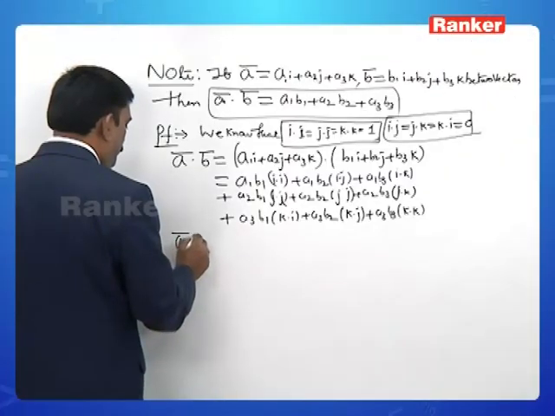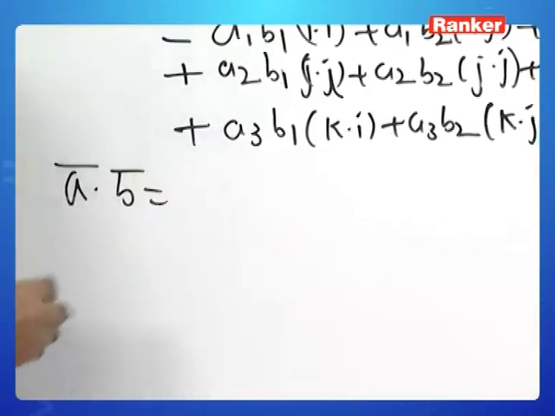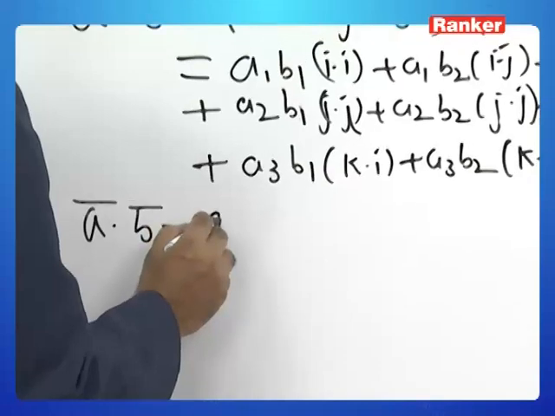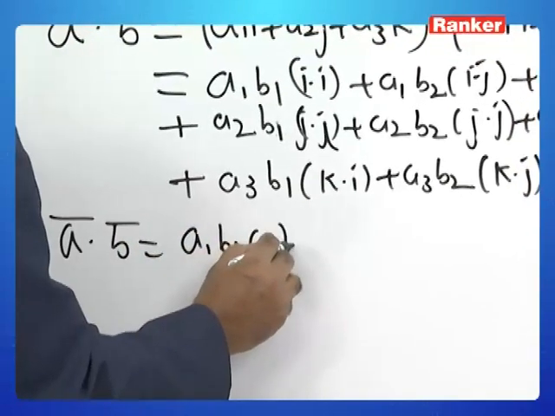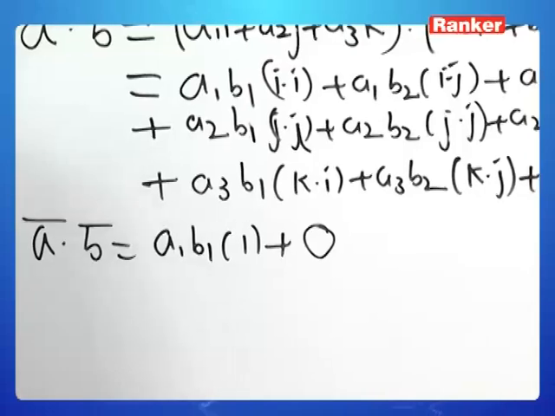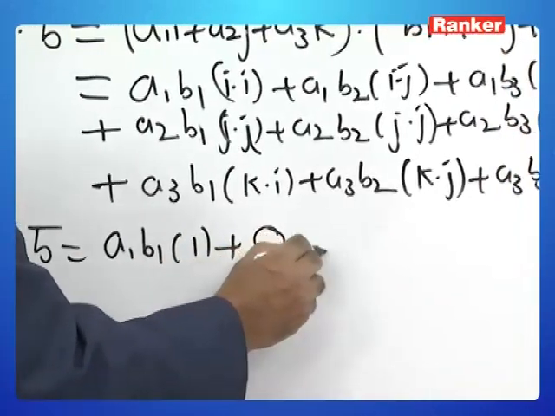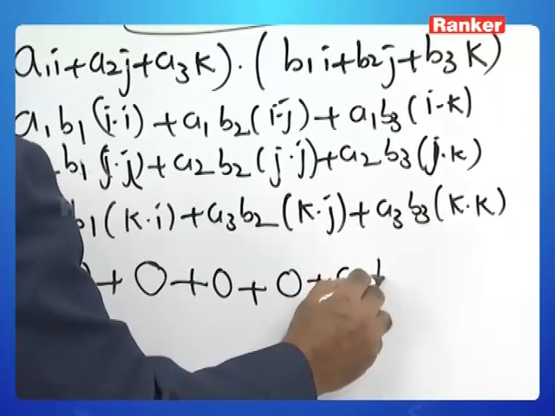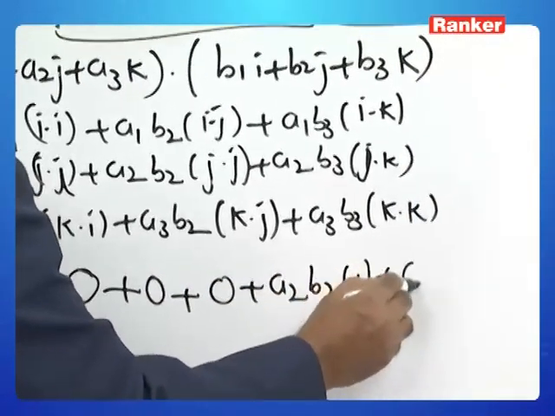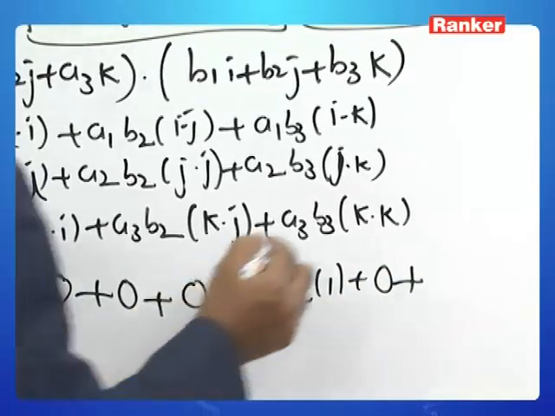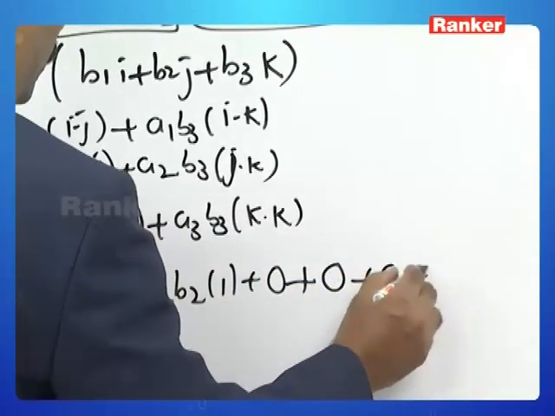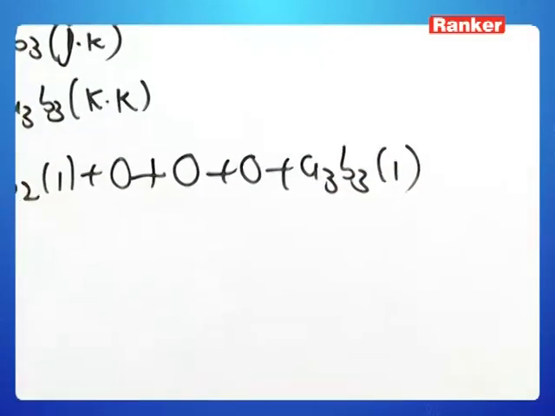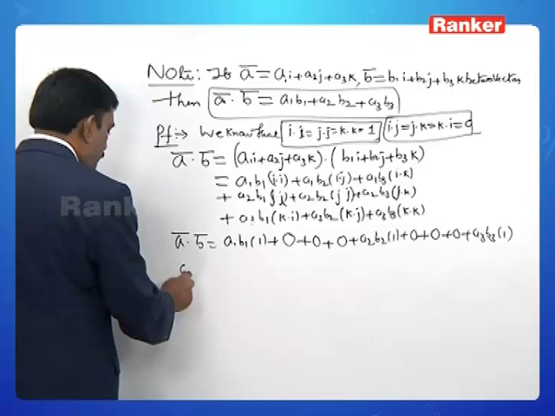Therefore, A bar dot B bar can be written as A1 B1 into 1, plus 0, plus 0, A2 B2 into 1 plus 0, plus 0, A3 B3 into 1. So therefore,